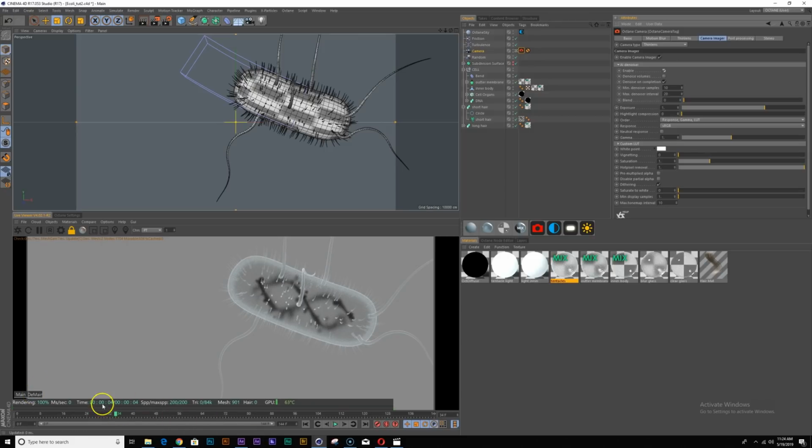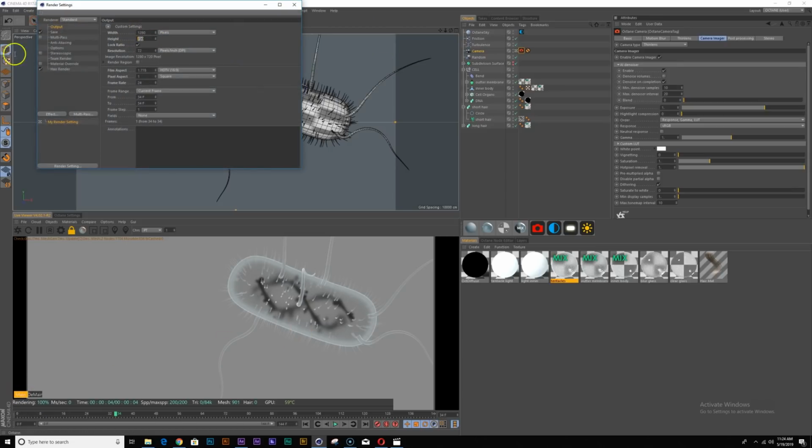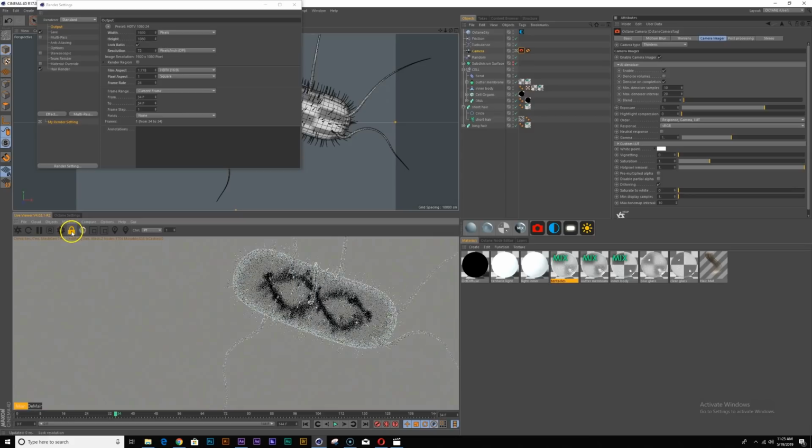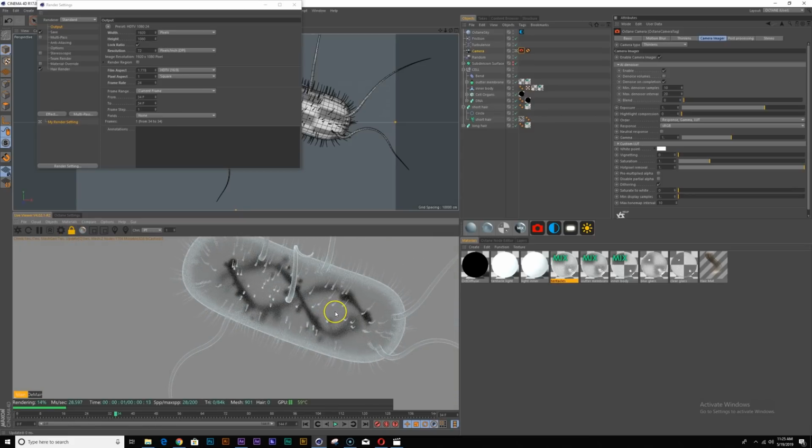Because right now we're running really quick, at 4 seconds per frame. Let's change it to the actual resolution I'm gonna use, which is 1920 by 1080. And we're only doing 200 samples, so it takes about 9 seconds to render this.